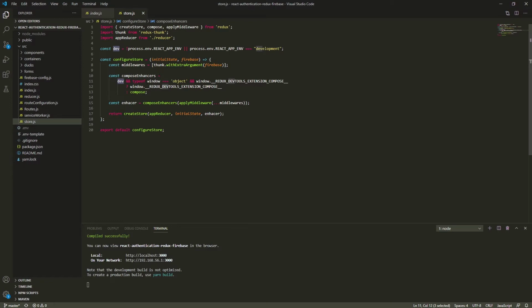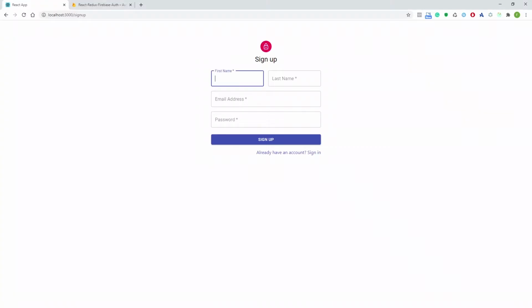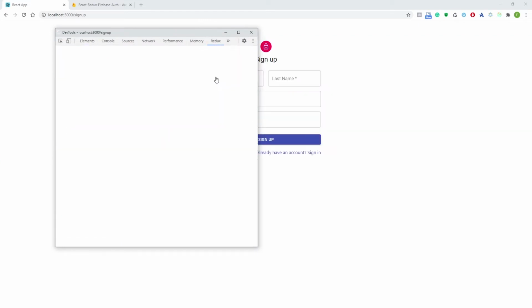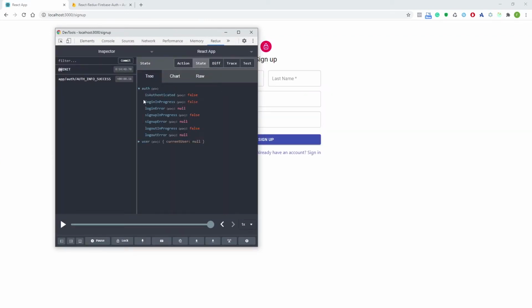And basically it says if we are on development, we are going to use the Redux development tools. And basically these tools, if you don't know, if you are really new to this, we can go to inspect, okay, here on the browser, sorry, and here we can see all of the state and Redux information, and all of the actions, and a lot of information that I think is really helpful when you are trying to create an application. So this basically enables